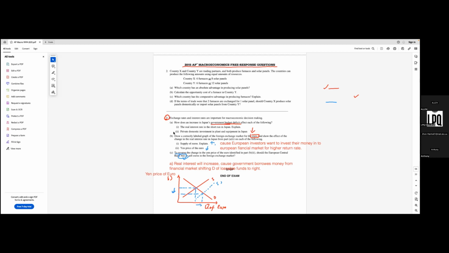Make sure you label the vertical axis right. So how do you represent the exchange rate between two currencies? Basically, foreign currency price of, a fixed term we use here. You put the foreign currency before, and your home currency after "of". Fill the first blank with the foreign currency label, and the second blank, the reference, with your home currency label. Because the home currency is euro and the foreign currency is yen,